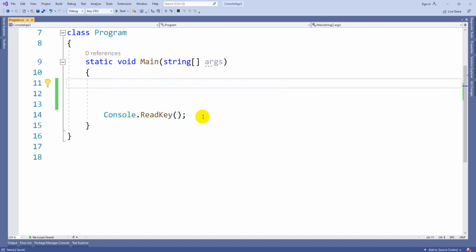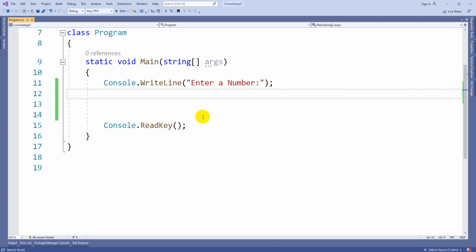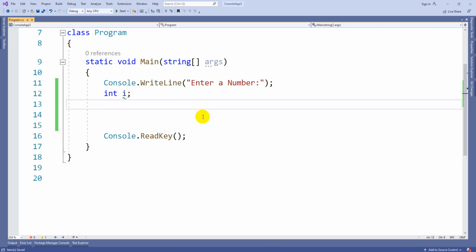To handle such kinds of errors, instead of Parse you can use the method TryParse. Observe carefully. As usual I am asking the user to enter a number. int i is equal to, let's not pass directly, we are going to use int.TryParse. Here you have to pass two things.